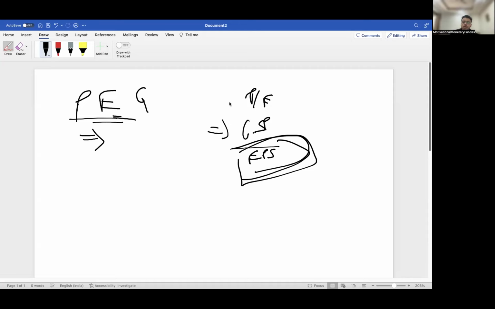But when we talk about the price to earning ratio, to be very specific, we are taking an absolute EPS number. We aren't taking into account the growth rate in EPS. And again, to set the context, the biggest limitation of the price to earning ratio is that it doesn't take into account the growth rate in earnings. It just takes into account one year's past EPS, or even if you are calculating a forward-looking price to earning ratio,